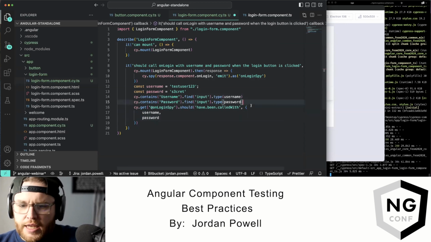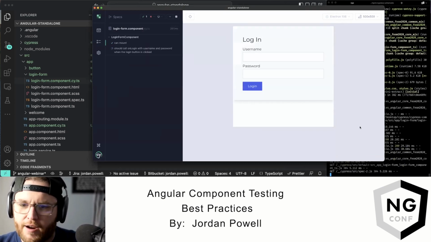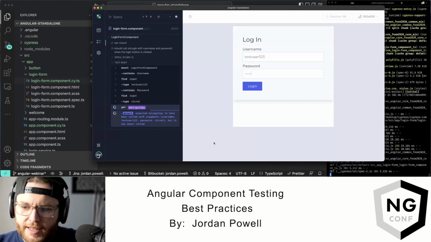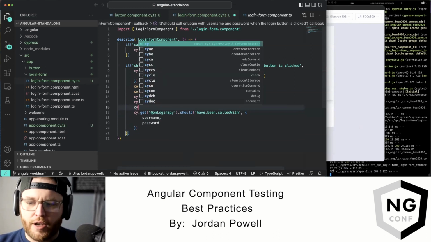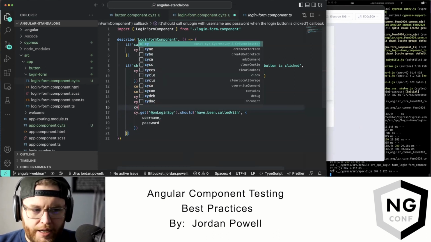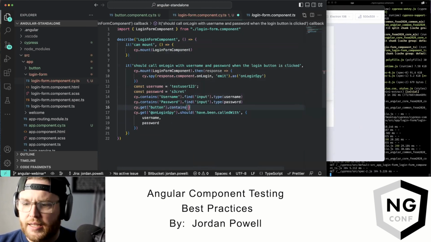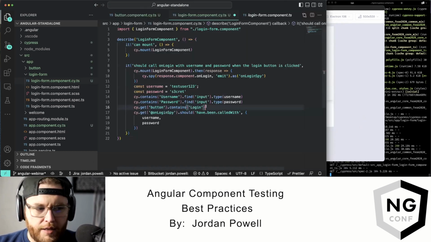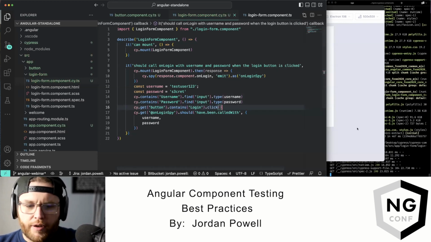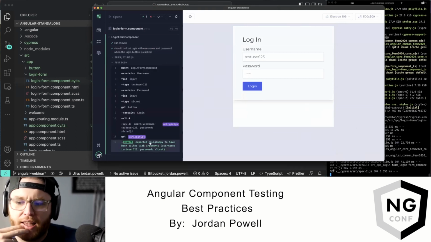So that should do this, except for one last thing is we're not actually clicking the button, so it's not actually going to get called. So if we save this, we'll see it will actually error, which is a good thing. It's saying, hey, I never got this spy, right? So if we go and do cy.get, and then we do get a button, and we could do .contains, and it says login, I think. So we could do login. Then we can then do .click. So now if we resave this, we have a passing test